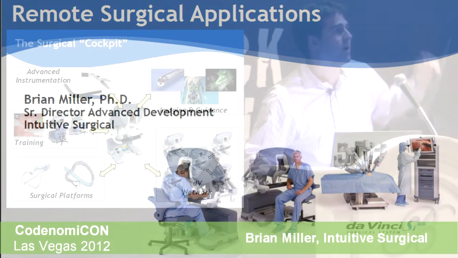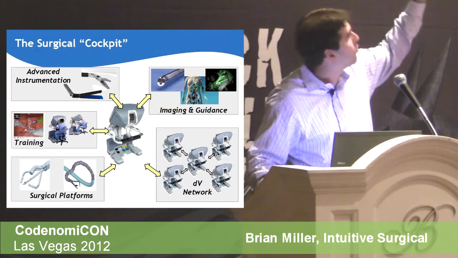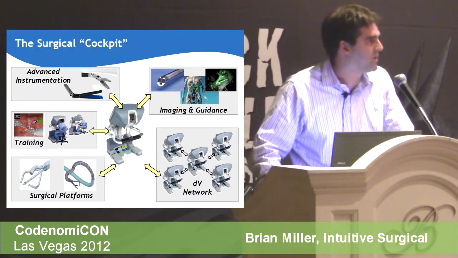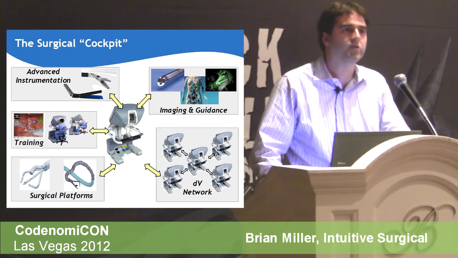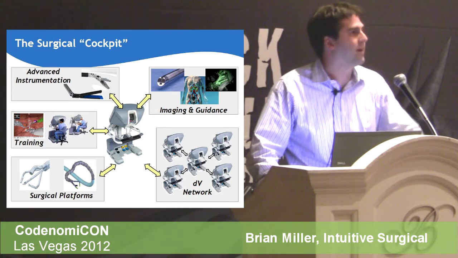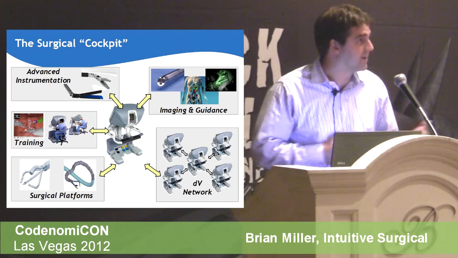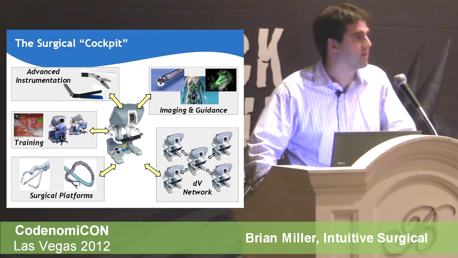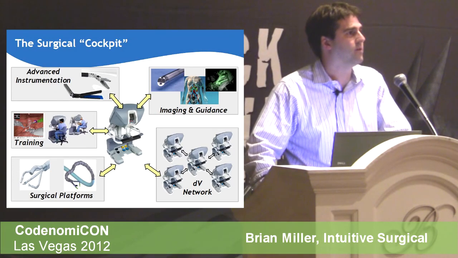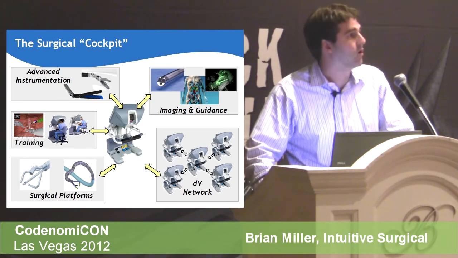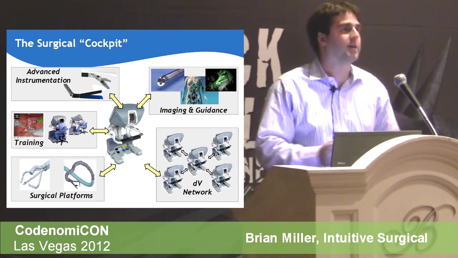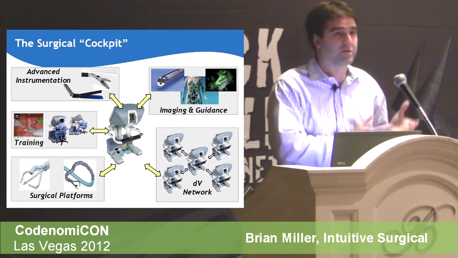When we look at the remote applications, these are in order of importance what we're looking at when we test. A lot of the remote capabilities are auxiliary functions. They're not required, unlike telesurgery where the link is in the critical path. Some of the servicing and mentoring aspects aren't in the critical path, so they're auxiliary capabilities. And so we really look at it all the way from design, isolating that functionality onto separate hardware,